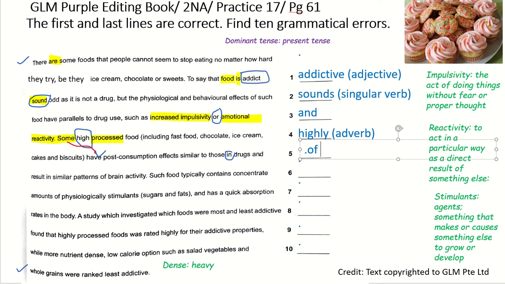Because this actually expresses the relationship between a whole and a part.